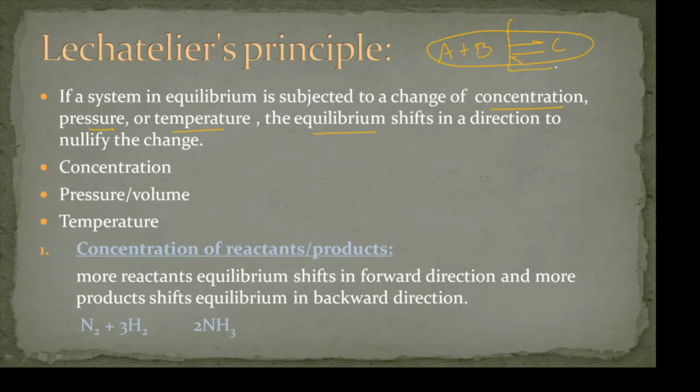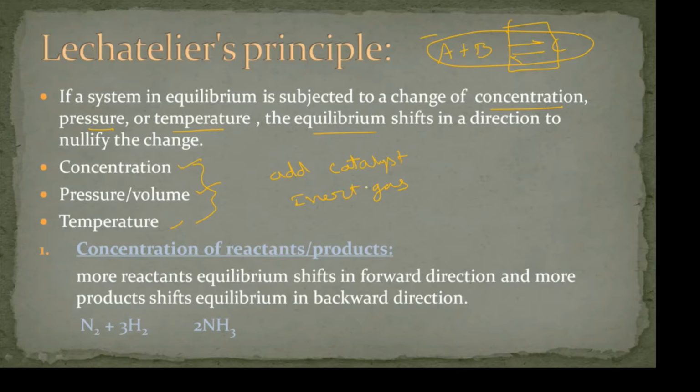If I want to disturb the equilibrium, so I change the concentration or pressure, temperature, whatever, then what happens to the equilibrium? It shifts in a direction so that the change caused by me is nullified. Got it? So let us go into detail with this principle. Coming to the factors affecting the equilibrium, what are the factors? Concentration, pressure and temperature. These three are the main factors. Apart from this, addition of catalyst and inert gas is also there, which we will discuss later.